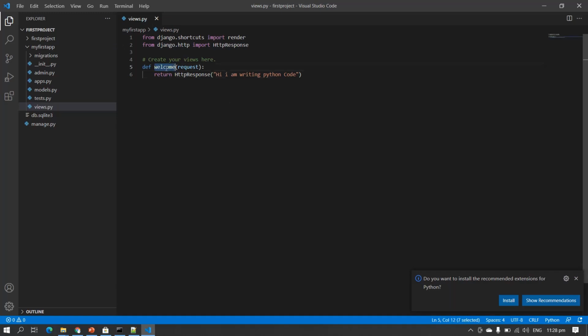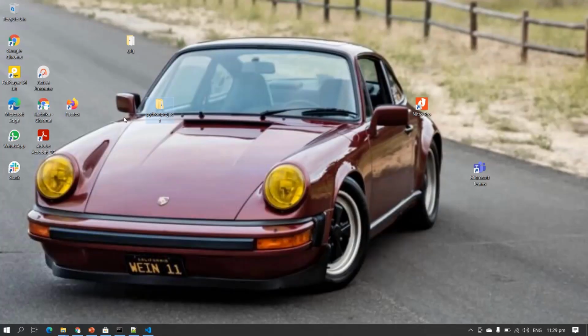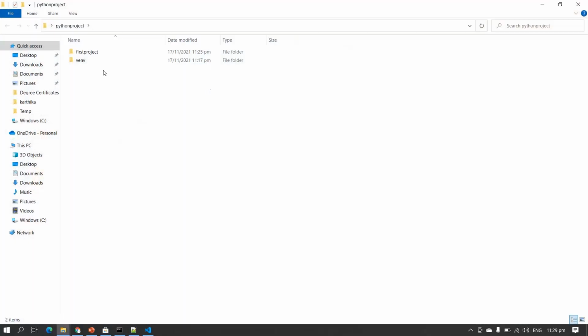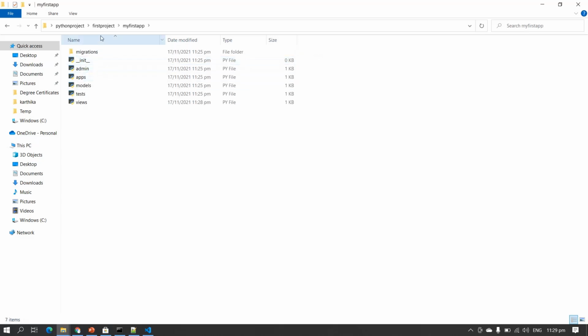Now I'm going to call this method in urls.py. Go to urls.py. It does not have any urls.py, so let me check again whether it is created or not. This is an application, so here is the root of the application. Okay, this is the urls.py.